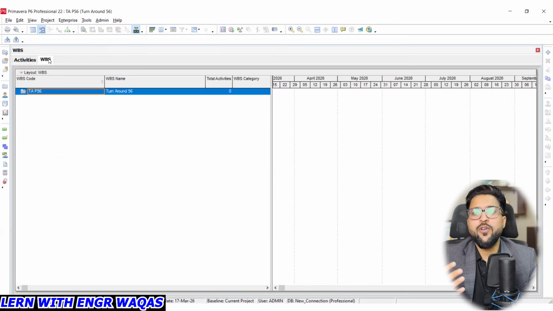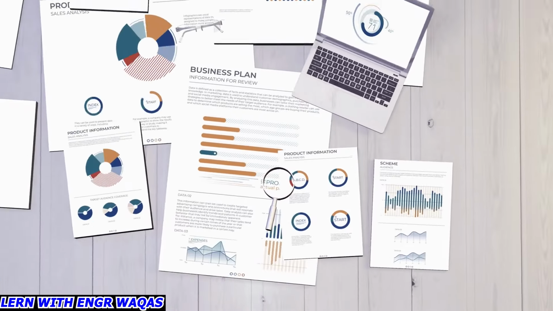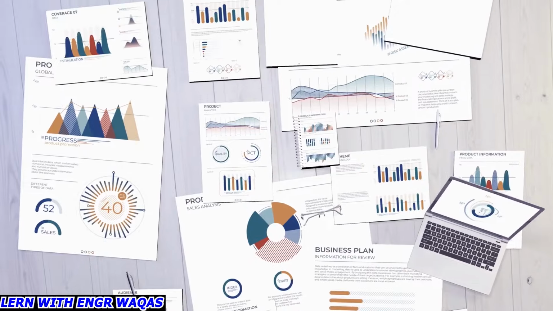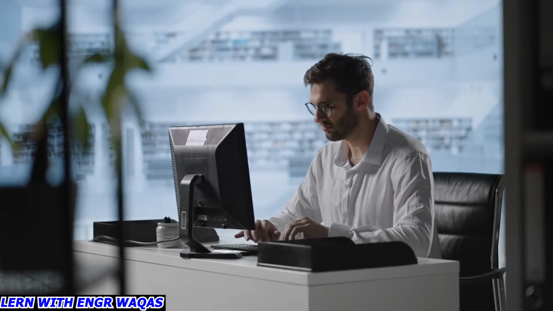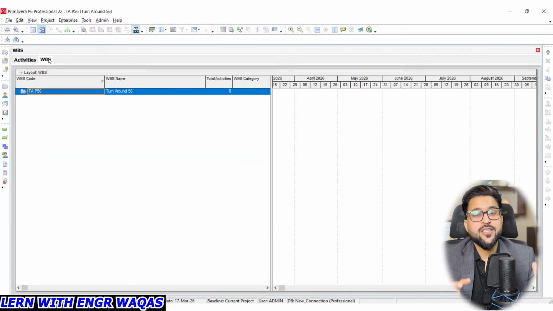All of the framework will be changed or tailored, right, as per the situation, as per the industry requirement, but things will be same. Like first of all, you are going to gather all the work data and going to load into Primavera P6, but WBS will be followed the same way we are following in EPC planning or construction management. So here I have already opened this WBS window,